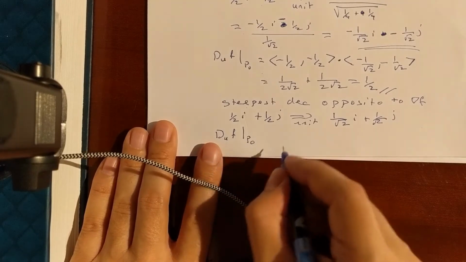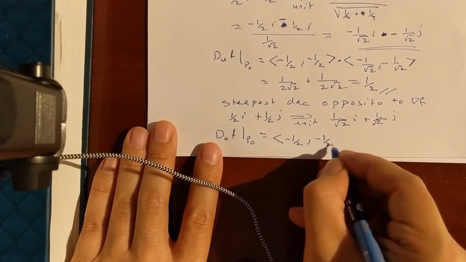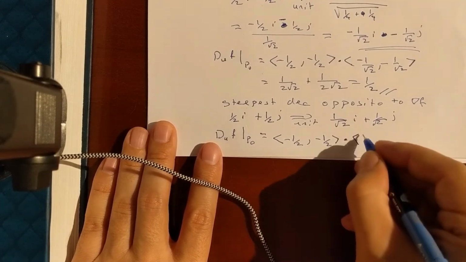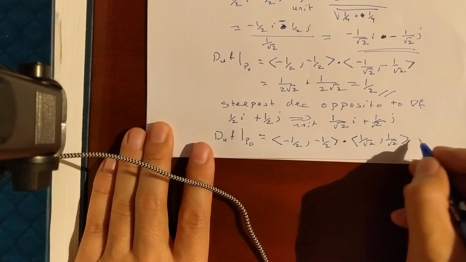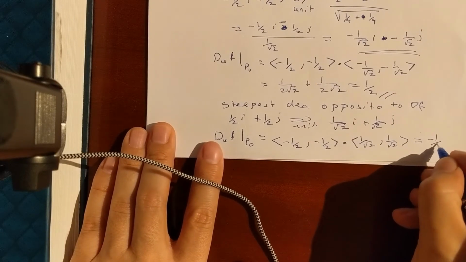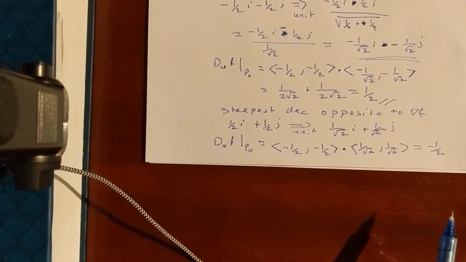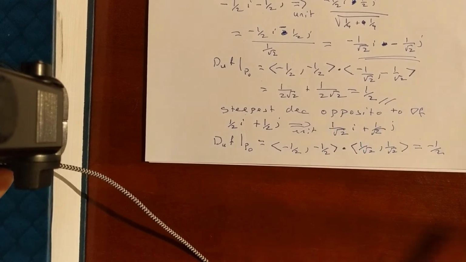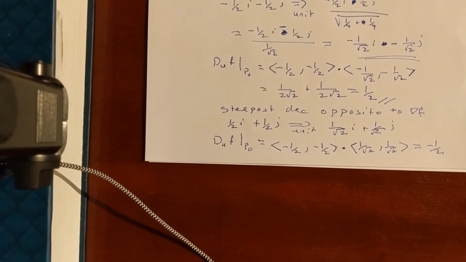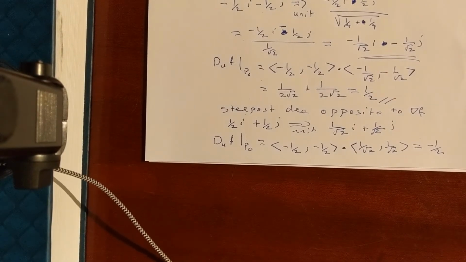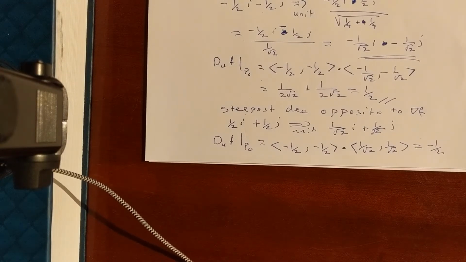at P naught is going to be the gradient times this u, 1 over square root 2. Again, I'll just skip the steps because we're just redoing them. So that's just going to be now minus 1/2. It's exactly this guy with a minus sign. So that is something to keep in mind. If you calculate the steepest increase, you can just multiply it by a minus sign, and that's just going to give you the steepest decrease, right? So you don't have to do this work 2 times. I just did it once so that you can see it with your eyes, and you don't have to worry about it. All right, now